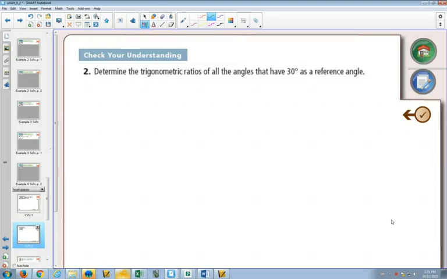So here we're figuring out all the trig ratios of all the angles that have 30 degrees as a reference angle. This is just drawing our same idea that we did with 45 degrees, to do it with our 30-degree triangle. Now, our special triangle. When we drew our special triangle for 30 degrees, we drew it like this, remember, because we made it equilateral,